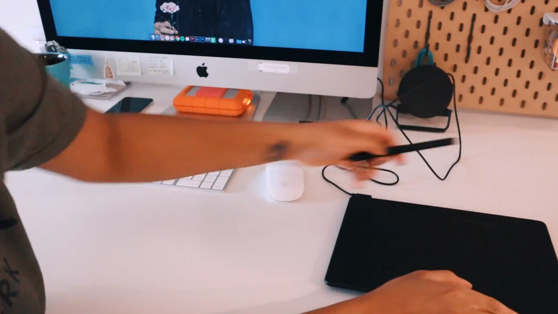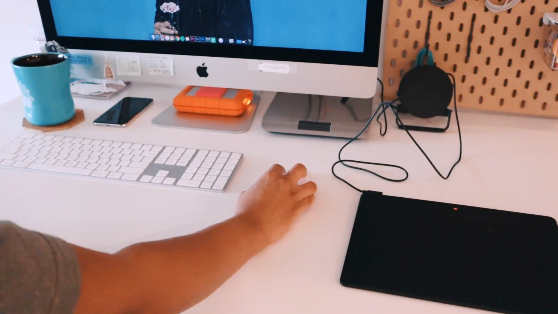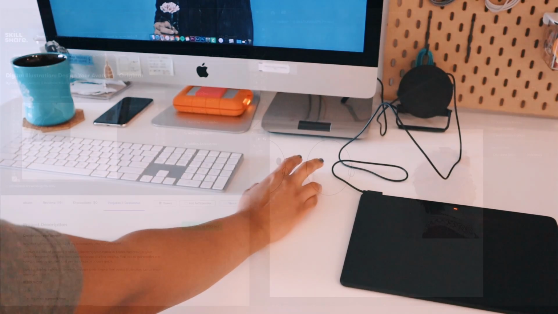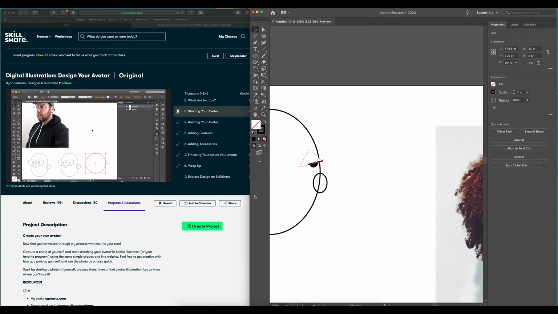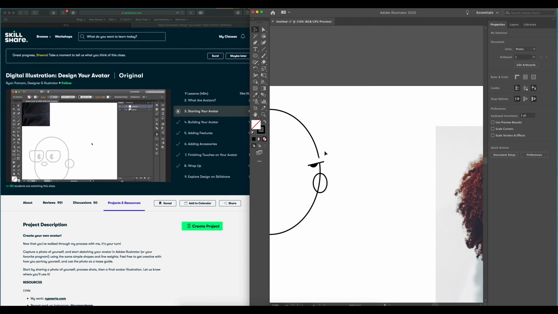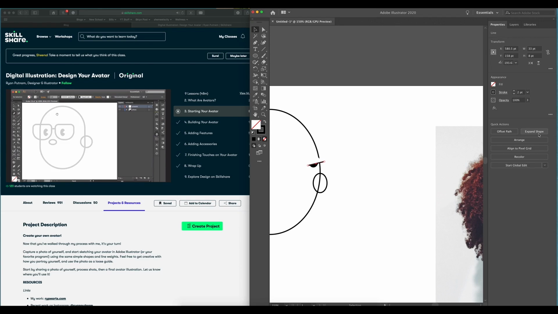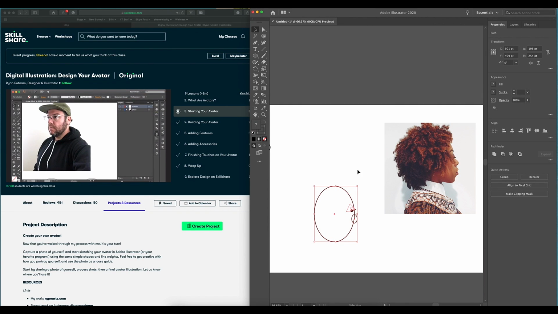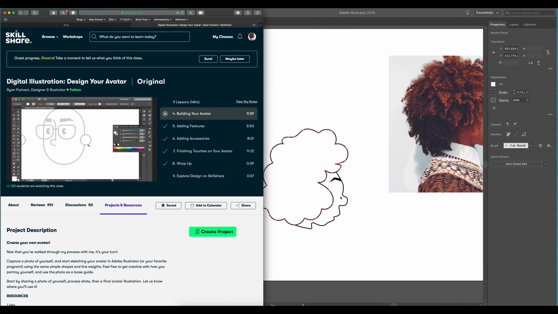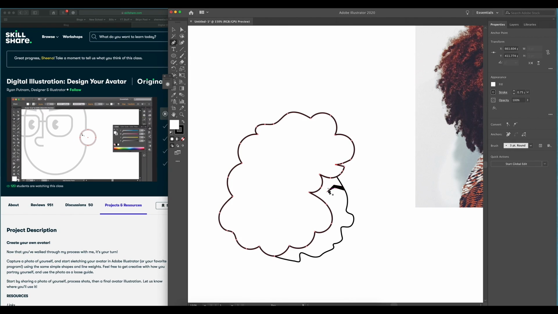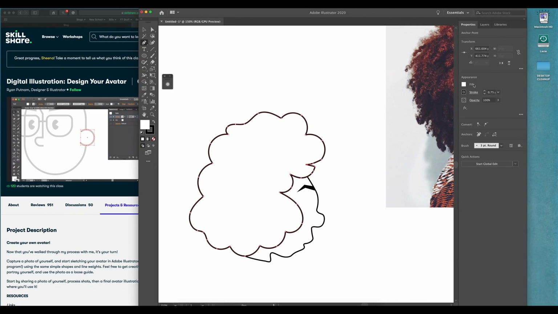But I went ahead, plugged it up, got everything set up, and decided to take a lesson on Skillshare. The one I decided to take was by an artist named Ryan Putnam, and he's basically showing you the ins and outs of how to create a character avatar in Illustrator. So even though I've opened Illustrator a few times and I can do enough to be dangerous, I still do not know the application as well as I'd like to, especially as I'm veering towards doing more graphic design work. So this particular course I would say was a bit more intermediate, but if you're starting completely fresh